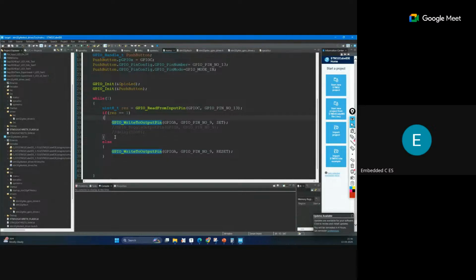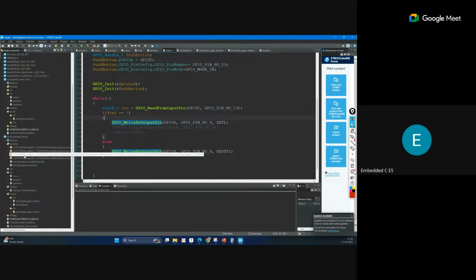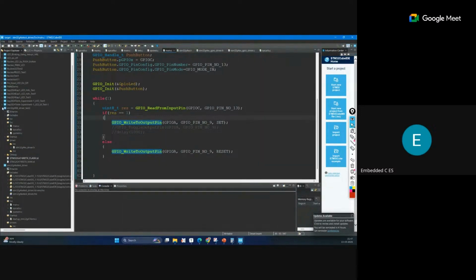So that HAL driver file will also be added to your code when you compile and upload your code into the microcontroller. That will also be passed as part of the executable. Otherwise, how will the compiler understand if the complete HAL driver file is not passed? So that is compiled as a complete project, not only this main.c file.